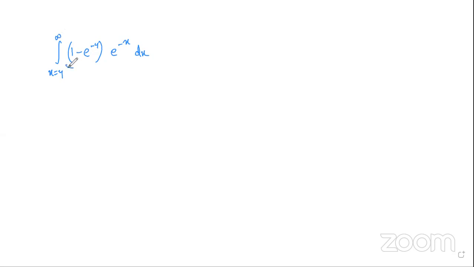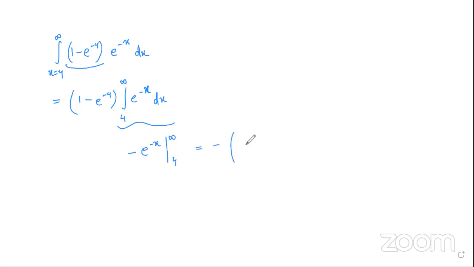Now 1 minus e to the minus 4 is a constant, right? So we can pull this out. I will write 1 minus e to the power minus 4 integral e to the power minus x dx, where x is varying from 4 to infinity. Now what is the integral of e to the minus x dx? It is e to the power minus x, right? Minus. And what is the limit? It is 4 to infinity. So once you solve it, you will get, here,